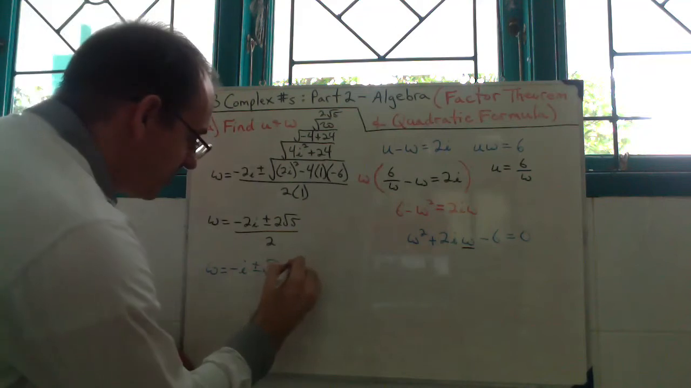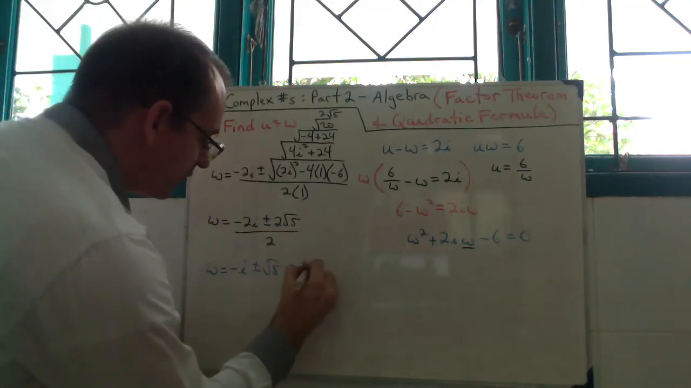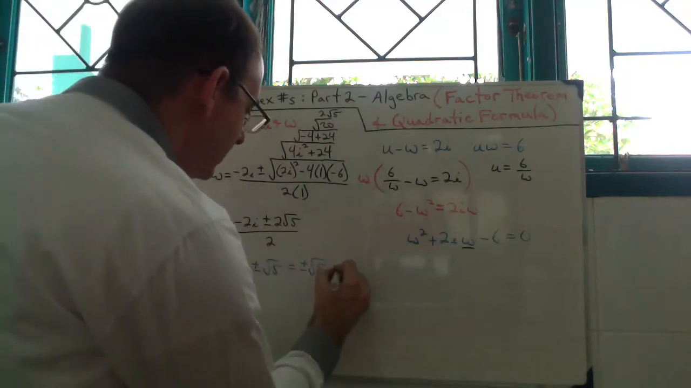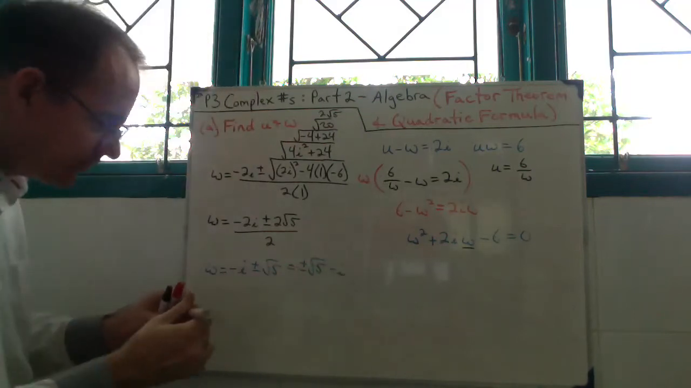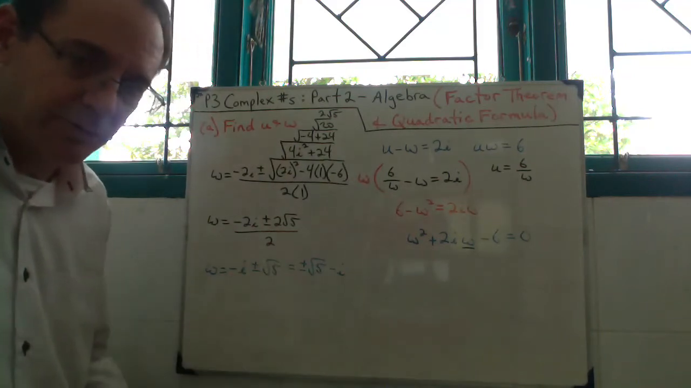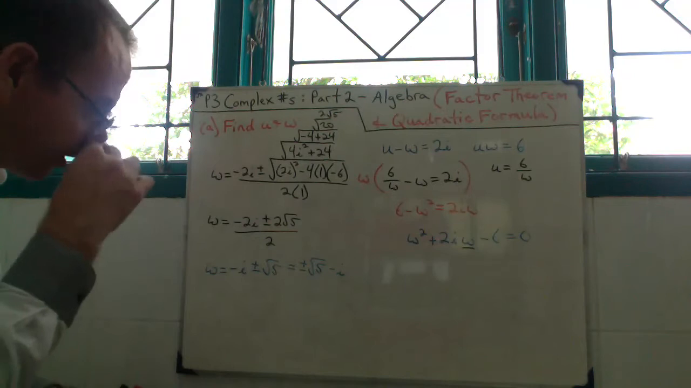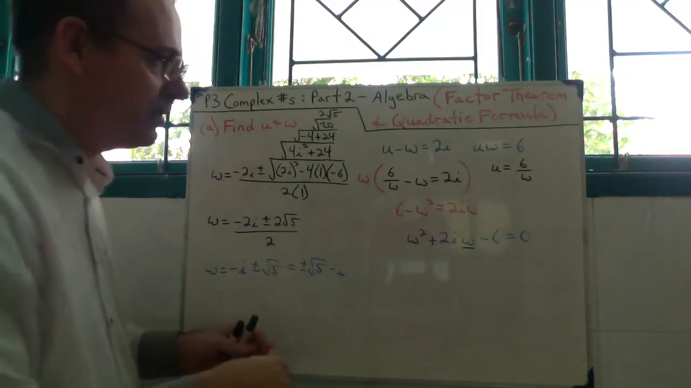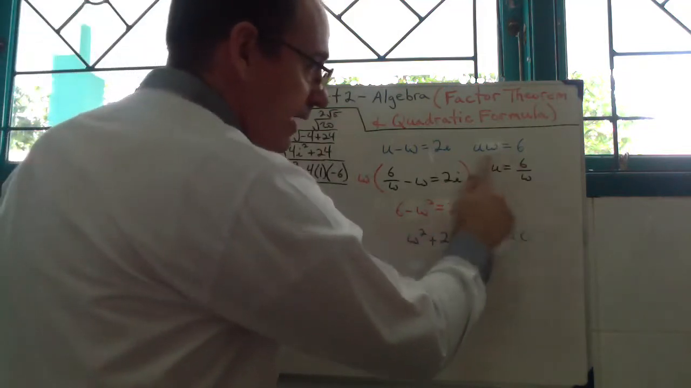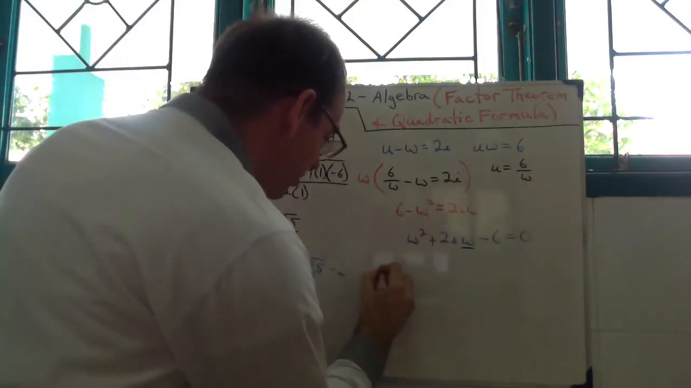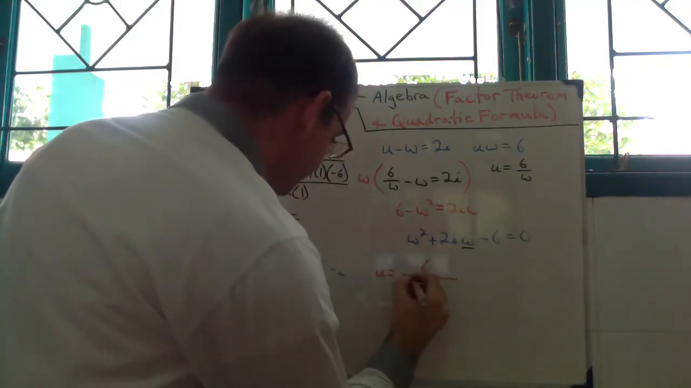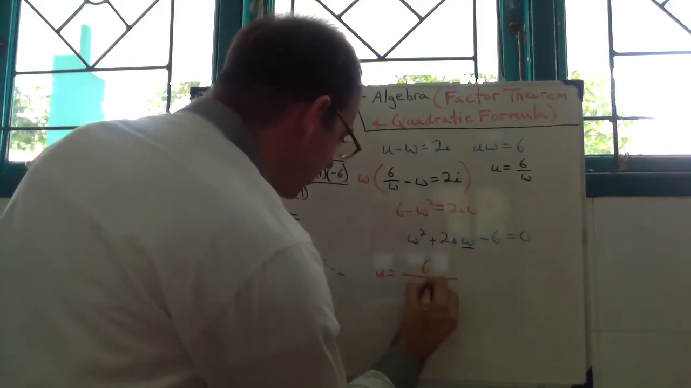And we can switch that around so that our plus or minus root 5 is in the front, because that's the real component, minus i. Now keep track of your plus and minus, keep the order so that you can follow it through the rest of the problem. Now we're going to take this and move it up here. Now that we have w, we want to find our u. So u equals 6 over plus or minus root 5